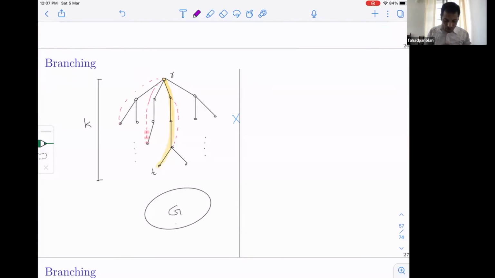So enumerate all the maximal alpha k connected sets, pick any one of them and then check whether that is F topological minor free. That we can check easily,